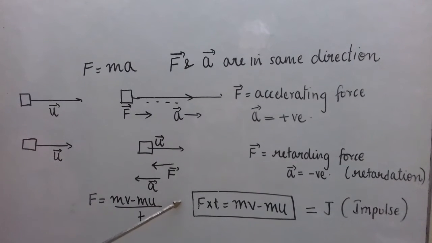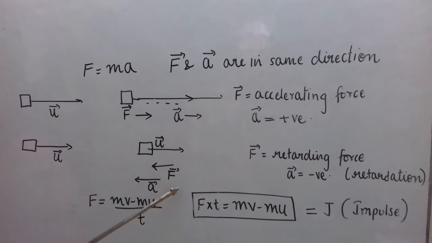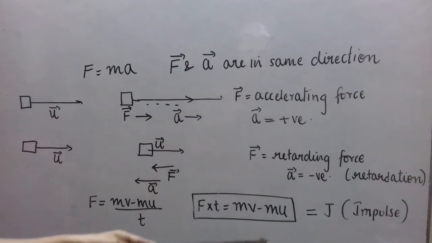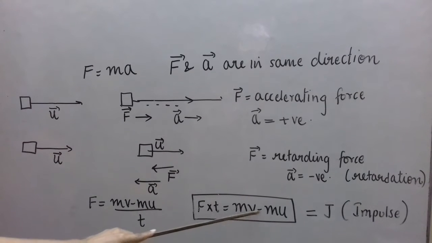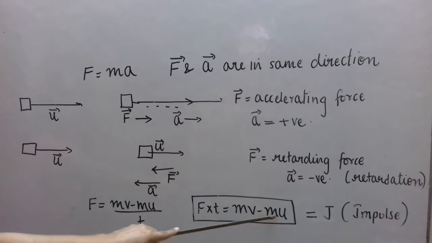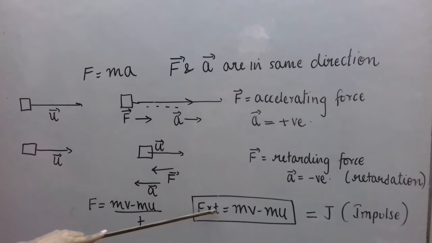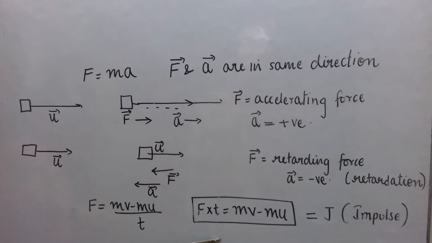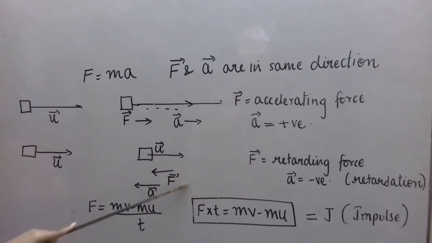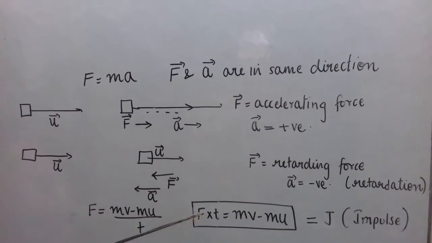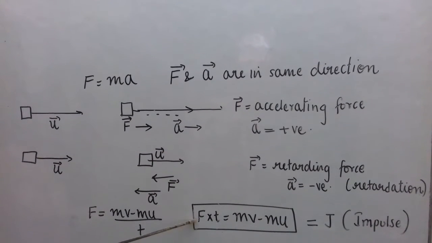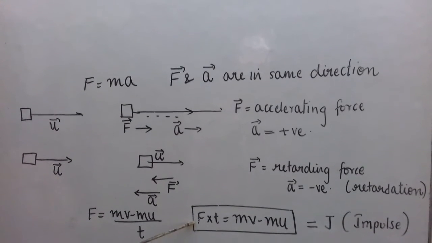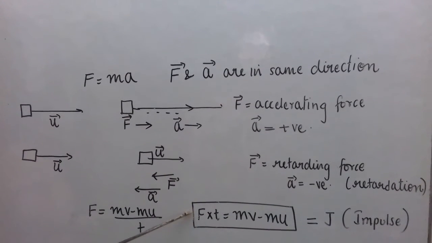Let us see some applications of Newton's second law of motion which they have given in the NCERT textbook. They are based on this expression. Now suppose the change in momentum is constant, it means F into T is constant. Then if one of these is reduced, since the product is constant, the other can be increased. Or by increasing one factor, the other can be decreased. You will understand it better with some examples.